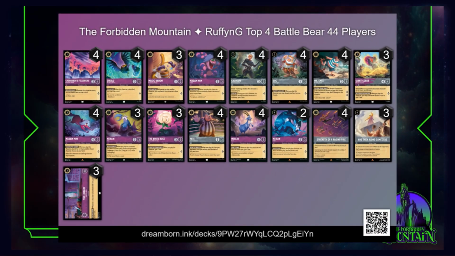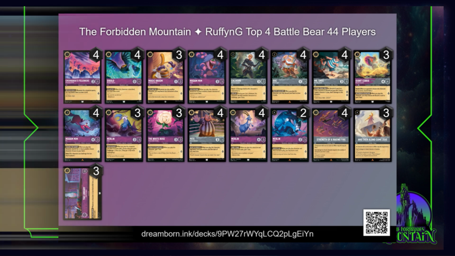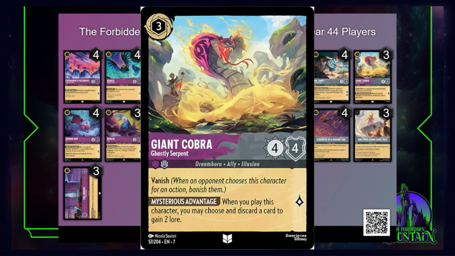Just saying. Amethyst Steel Aggro was our next most successful deck on the weekend, and this is the top 4 version of that deck from the 44-player tournament at Battle Bear. Pretty straightforward. We picked up none other than Giant Cobra, and that's it. This version is deciding to go with Strength of a Raging Fire, and then Along Came Zeus, along with 3